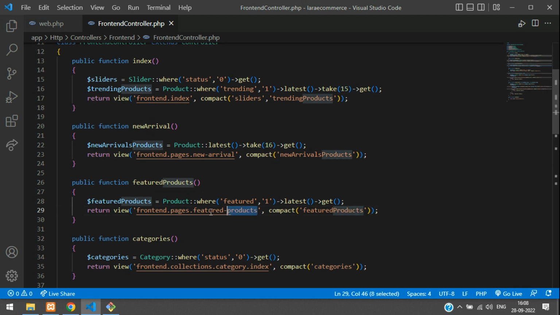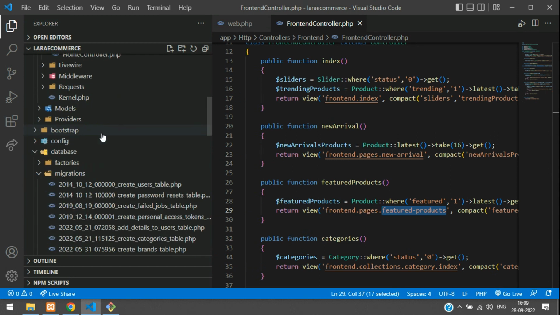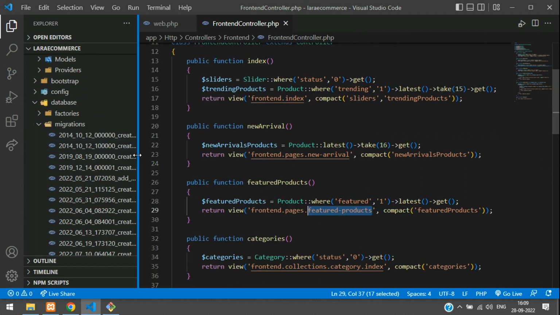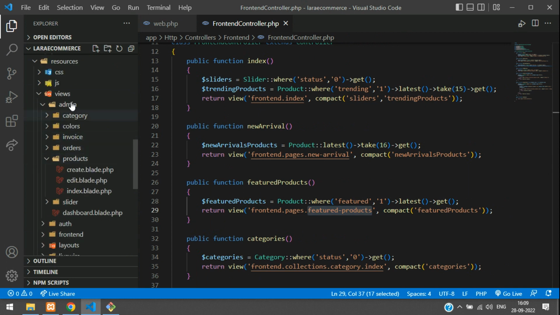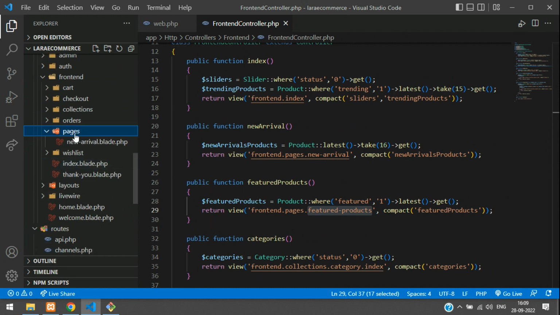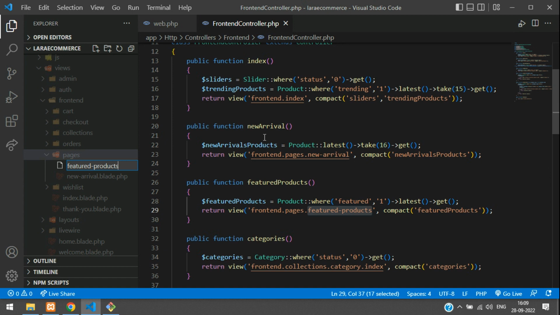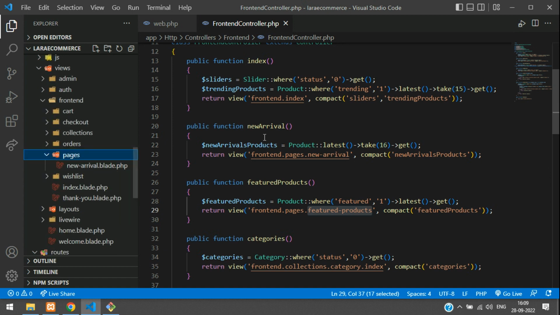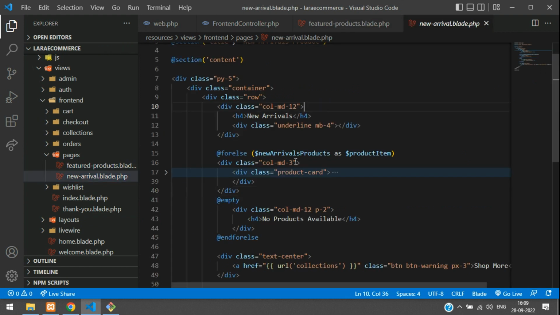Okay, so now guys, we get to our resources, views, front end. Inside front end we have pages. Inside pages we'll create a new file with the name featured-products.blade.php. All set guys. And now let's copy from the new arrival blade whatever we have designed, everything, all the foreach code,